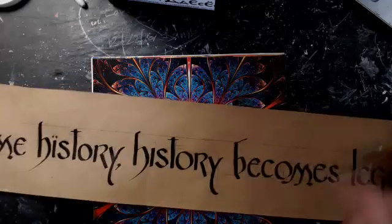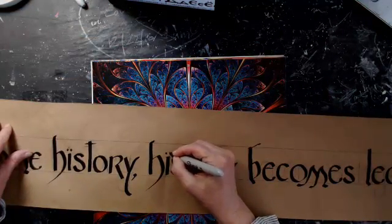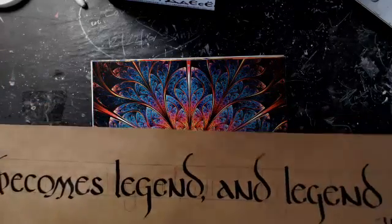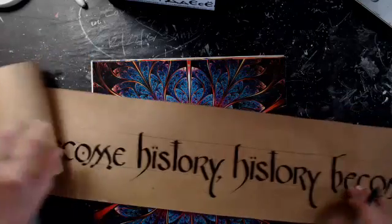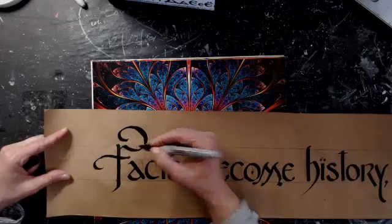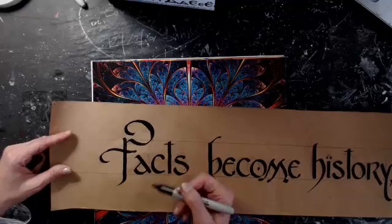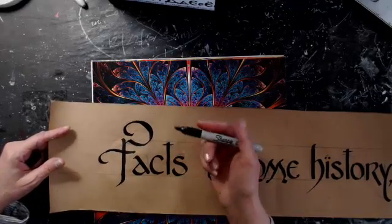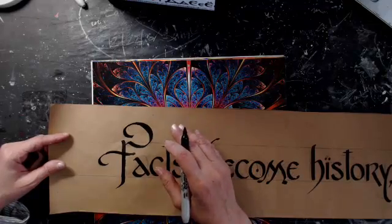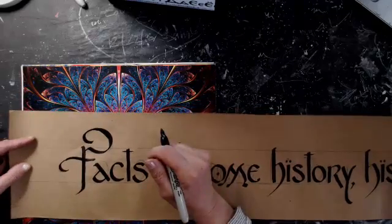So for instance, where the word history is, I'm just going to use a Sharpie. I want 2 dots there, legend, and legend becomes mid. Okay, no more eyes. So, if I want any more swirls or fancy anything, on this project I would just do it with the Sharpie. I mean, it's not supposed to be